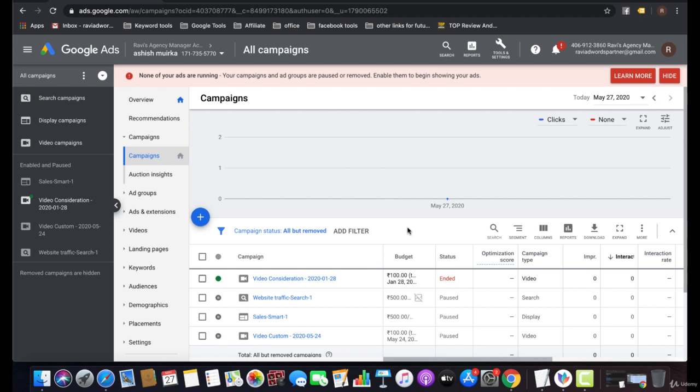In broad match, the audience size is very large, like you are targeting very broadly. In broad match modifier, the audience size is limited but relevant as well. For phrase match, the search terms are similar or related to your keywords, not exactly but similar.